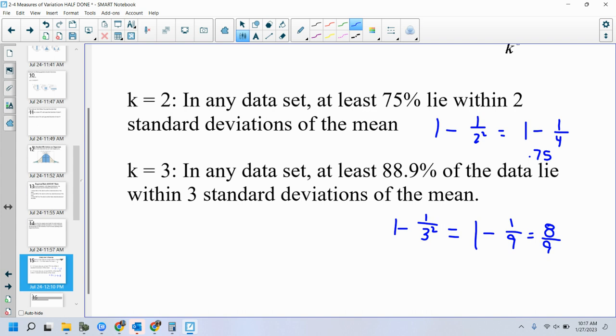And again, how do you know whether it's normally distributed or not? It's the context. Read the problem. Are you specifically told that the data fits to a bell-shaped curve? Are you specifically told that it is normally distributed? If you don't have that wording in there, then you have to use this: 1 minus 1 over k squared, where k is the number of standard deviations away from the mean. And that could keep going. If you have four standard deviations away from the mean, that would be